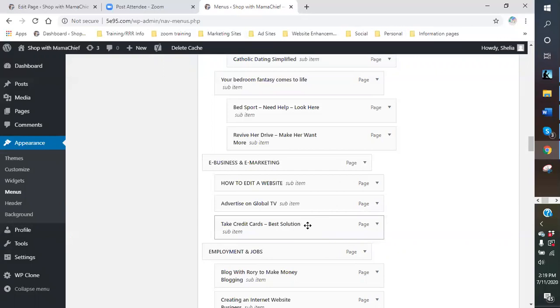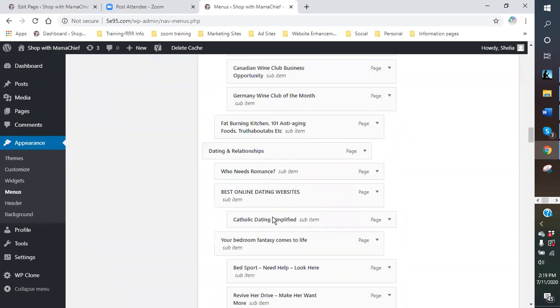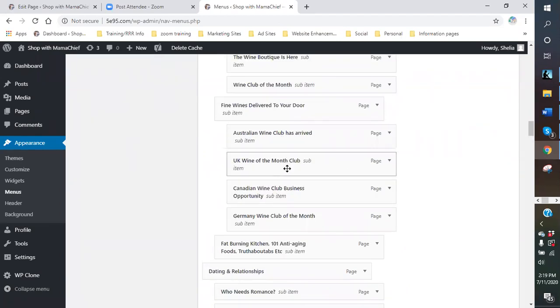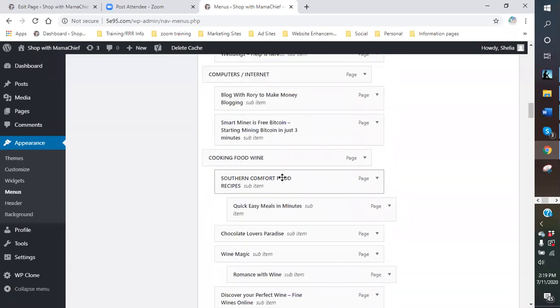It won't allow it. So even though it's here now, if you say, okay, I want to move this one up here, move this one down here, and reorganize it, it won't save it because you have too many in there initially. So what you're going to have to do is go in here and remove some of these drop downs, some of the categories, so that you have 90 or less. Now, if you wanted to add another menu category and add another drop down, then you've got to get rid